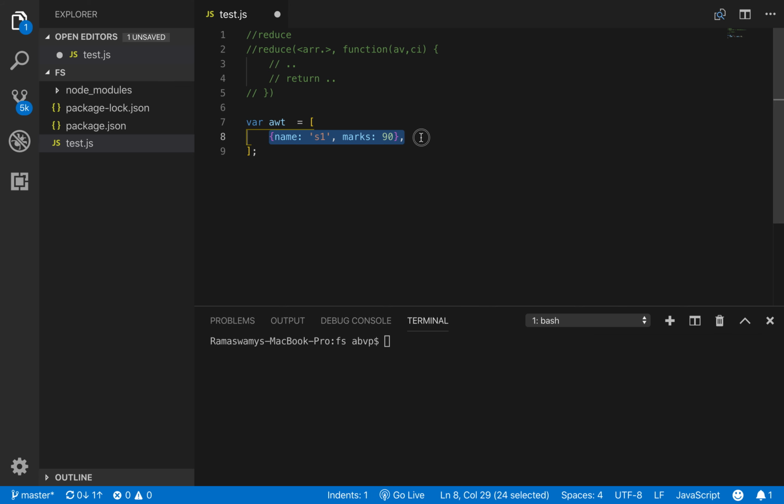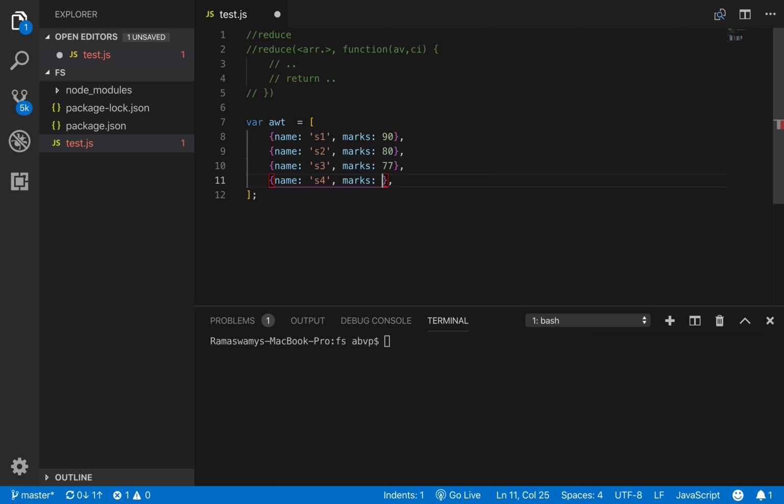Let us similarly create 3 more objects with the following values: student S2 having marks 80, student S3 having marks 77, and finally student S4 with the marks 82. So now we have an array for the course AWT with the following information.